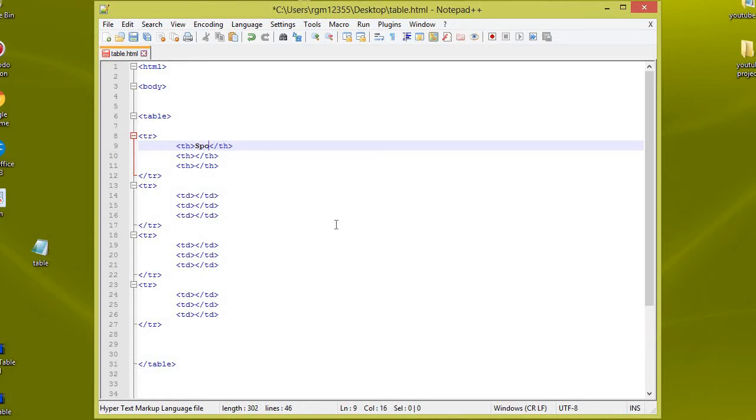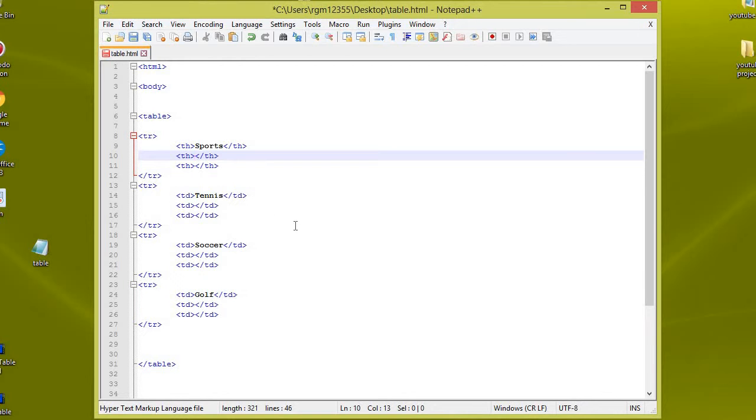Let's call this sports, and then we will list sports. The first is actually the left side of the table, and so on. Okay, sports. Let's do tennis, soccer, golf. Sports is tennis, soccer, and golf, a list of sports. Next is pets. Pets will be horse, dog,